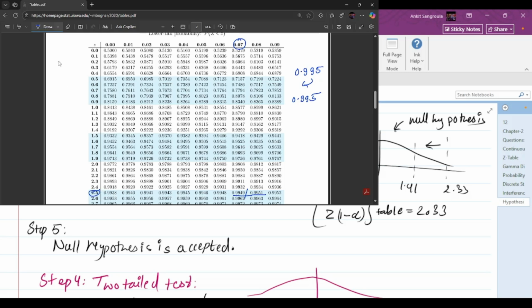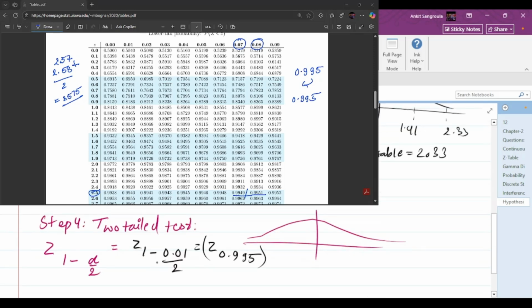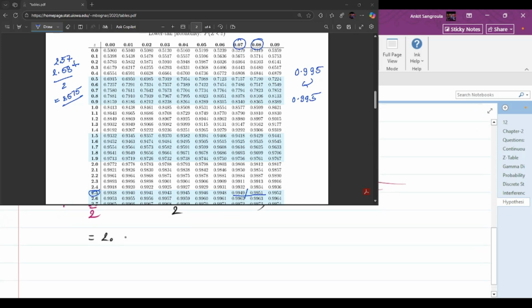So in case of a tie, you take this number 2.57 and you take this number 2.58 and you add them both and divide by 2, and then you will get 2.575. All right, you get that. So when you get this value, 2.575, now from the Z table you have